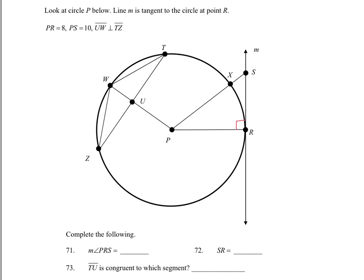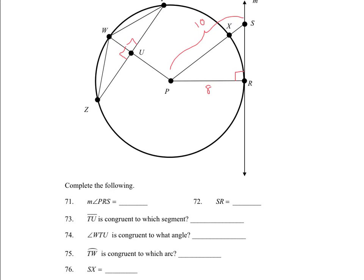We're also told that PR equals 8. PS, so this big line over here, is 10. And UW is perpendicular to TZ. So we're told that we've got right angles right there. So we're being asked to complete the following, starting with find the measure of angle